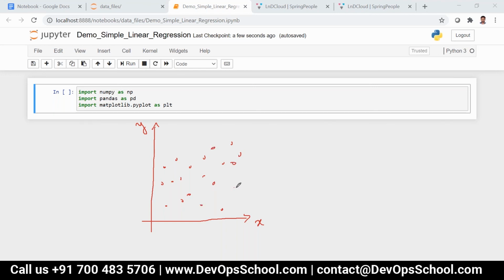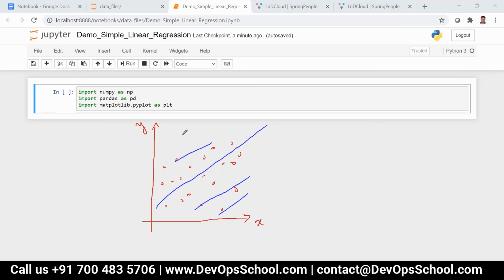So now the objective of simple linear regression is to find the best fit line. What do you mean by best fit line? That particular line can be anywhere. It can be here, or here, or over here.